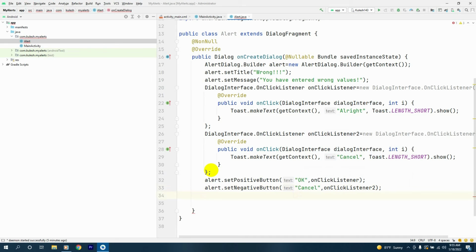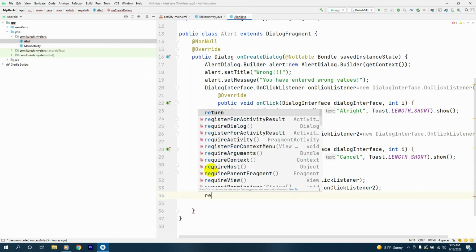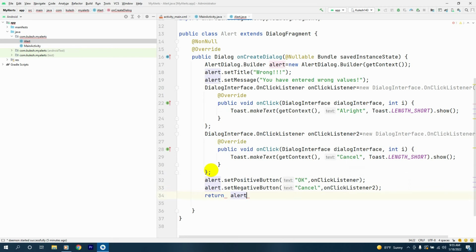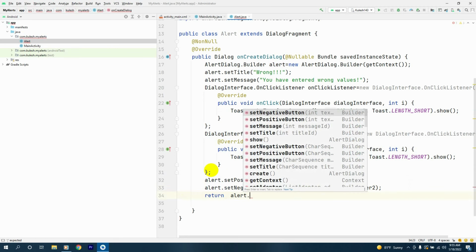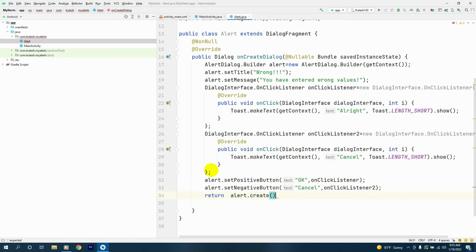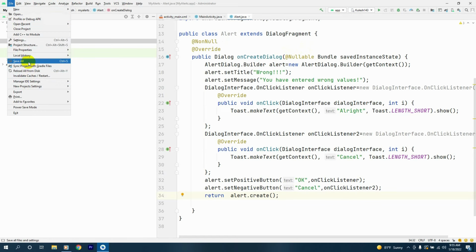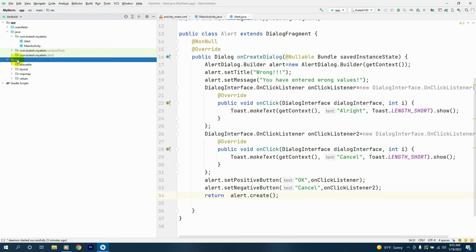Okay, then the next thing we return alert.create like this. So now our alert has been made, and we'll save this, and inside the res we'll